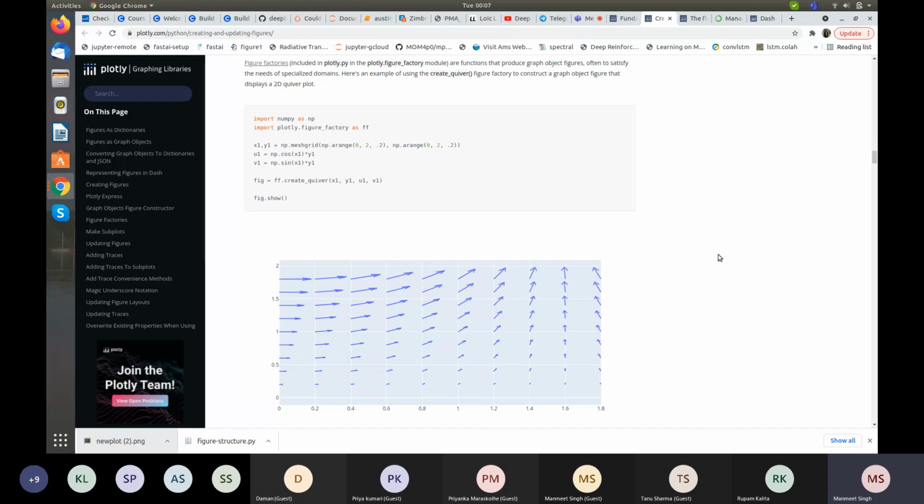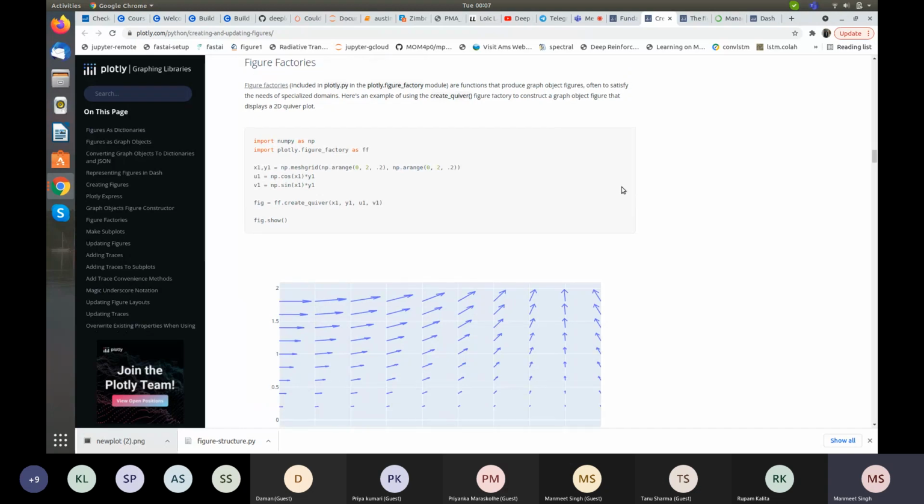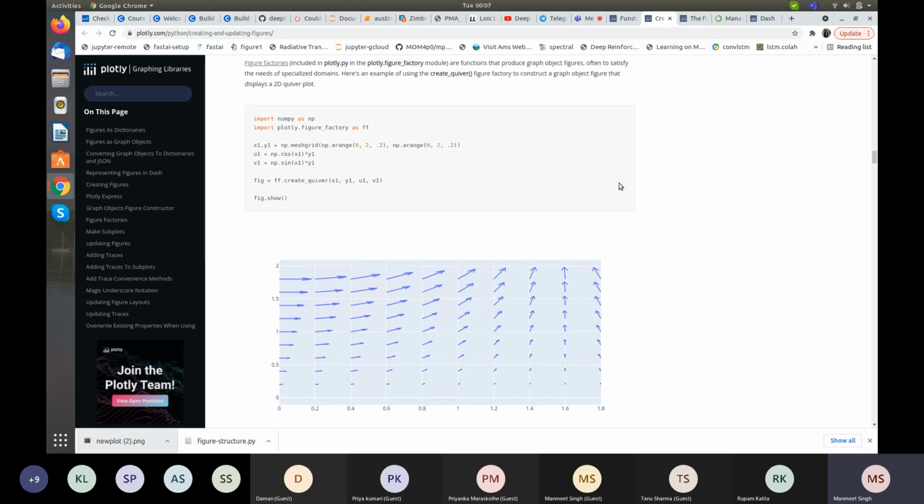And if you want, you can make different types of plots. So figure factories are functions that produce graph object figures, often to satisfy the needs of specialized domains. Here is an example of using create_quiver. So you can see we are importing NumPy and, from plotly.figure_factory,